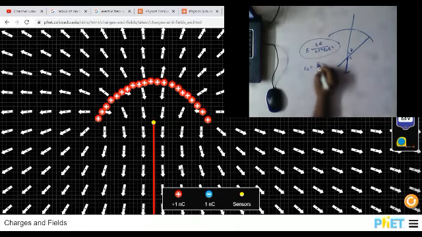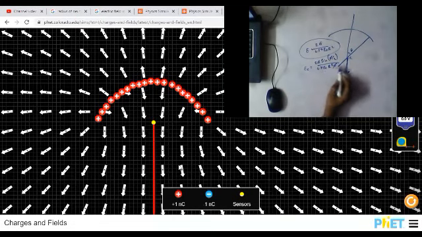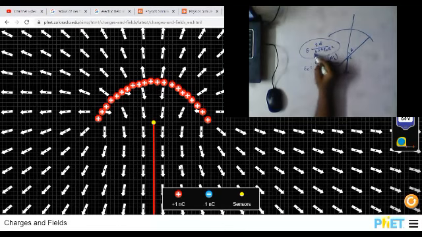Otherwise, actually, without substituting pi equal to 180 degrees, the electric field at the center is equal to 2q sine pi by 2, by 4 pi epsilon r square pi. This is the formula without substituting pi. When we substitute pi equal to 180 degrees, we get the formula 2q by 4 pi square epsilon r square.